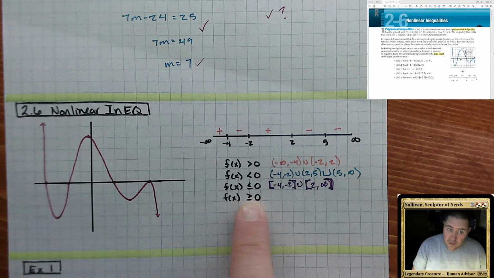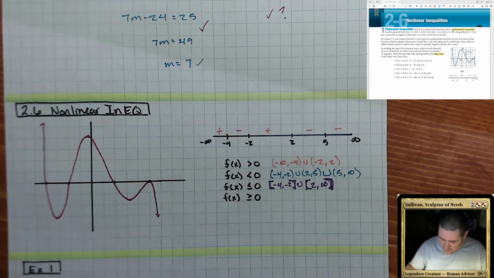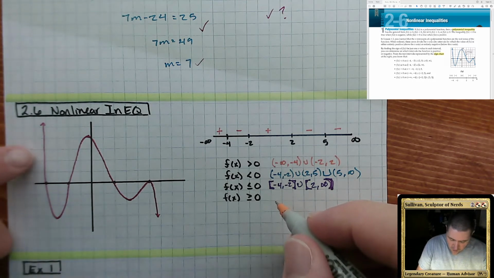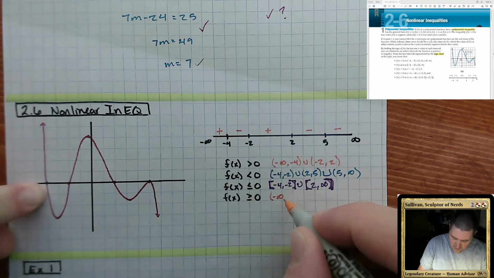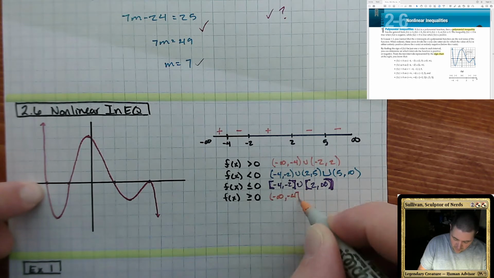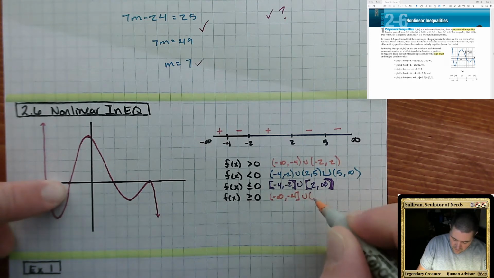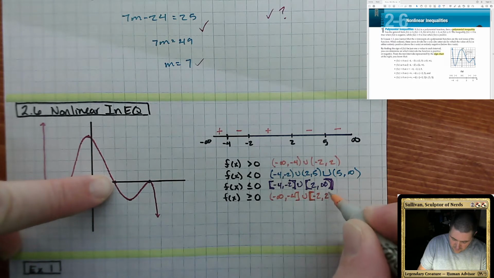This one, when I say greater than or equal to 0, again, I'm going to have to keep in mind that it equals 0 here, so that's going to factor into my unions here. Greater than, from negative infinity to negative 4, it equals at negative 4, bracket. From, bracket, negative 2 to 2, bracket,